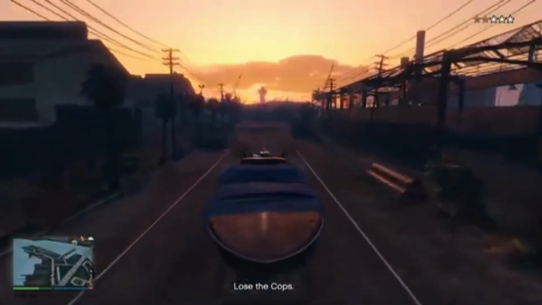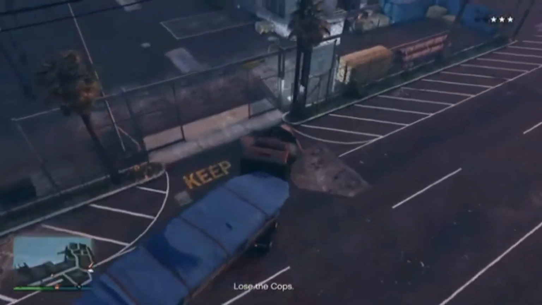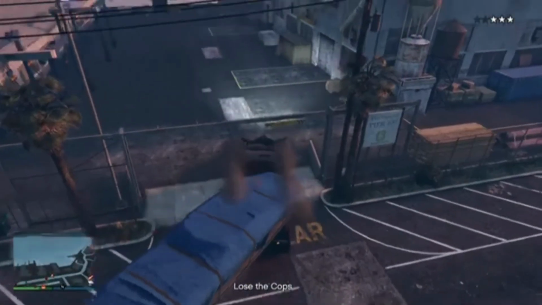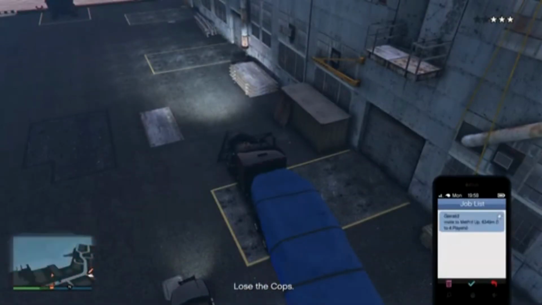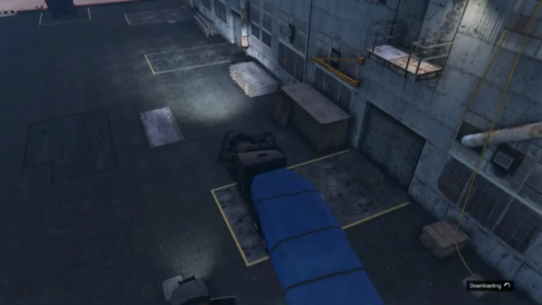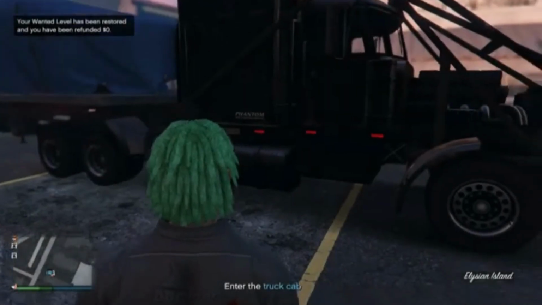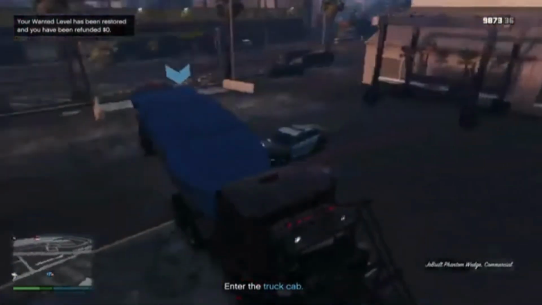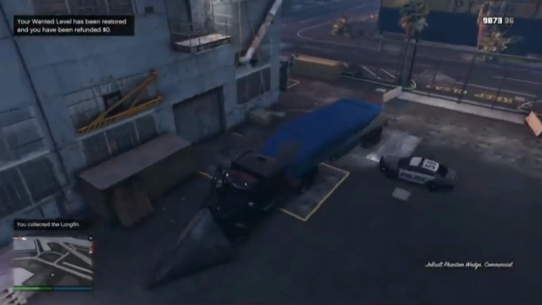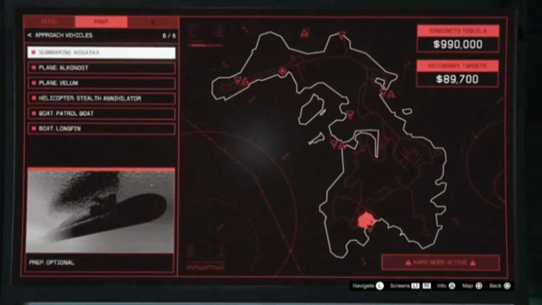Perfect. Let's show you guys how this glitch actually works. So this is about where the drop-off point actually is. What I like to do is park this thing on top of here, right? We get your phone up, accept this job, and you should be able to back out straight away. Back out straight away, and as you can see, I don't have the cops on me. And there we go. Nice and easily done. We've done all the vehicles. Very hard, very annoying, but